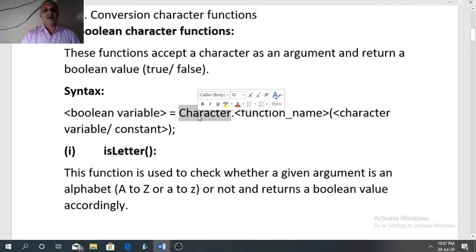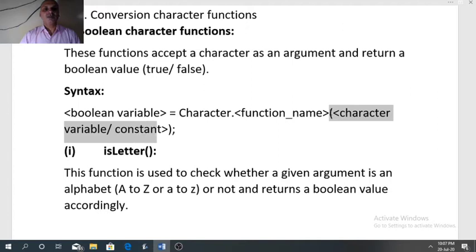Now we need the wrapper class Character because all these character functions are present in this wrapper class. So be careful about the first letter, that is C, which is in capital letter. After the wrapper class Character, dot, the name of the function. Now every function receives a character as an argument, so in the parenthesis we need to enter the argument.